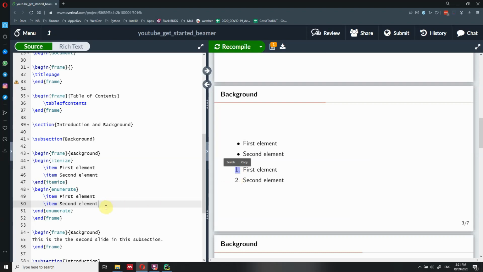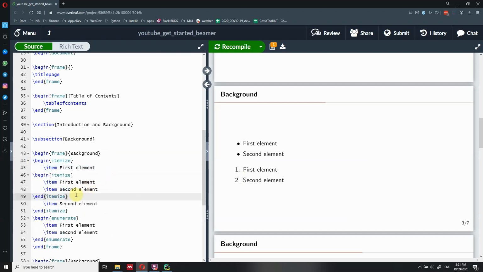If you want to add a list inside a list, you can just copy the begin itemize. You don't have to indent it. I like to indent it, and you can do that by selecting the text and pressing tab. It's going to work anyway, but I think it's just neater when you read it.